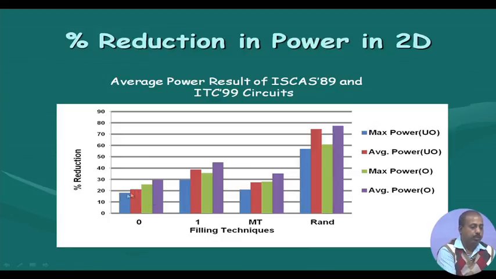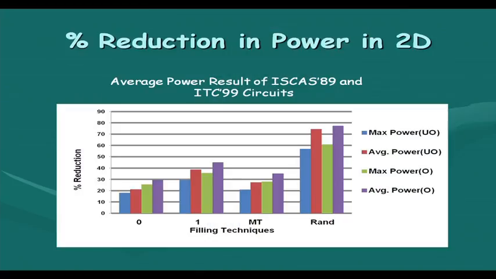Over zero filling, so these are the improvements. Over one filling, so these are the improvements of the algorithm. So you see that there is a lot of scope of improving even the power value when we are doing this bit flipping. So checking the bit flips. So empty fill improvements are